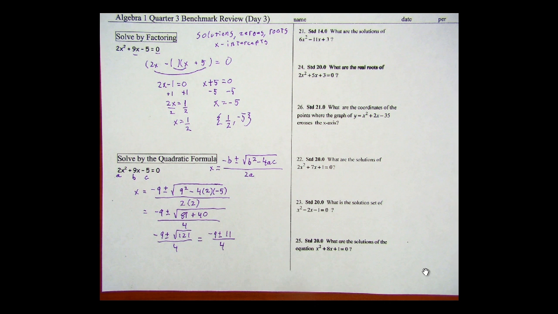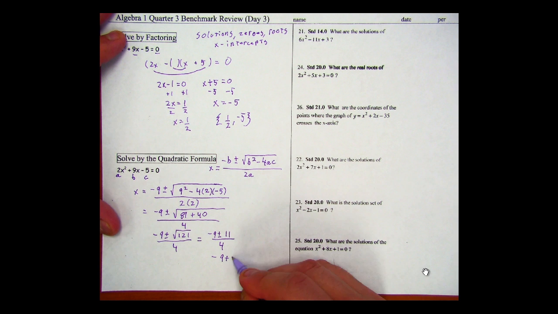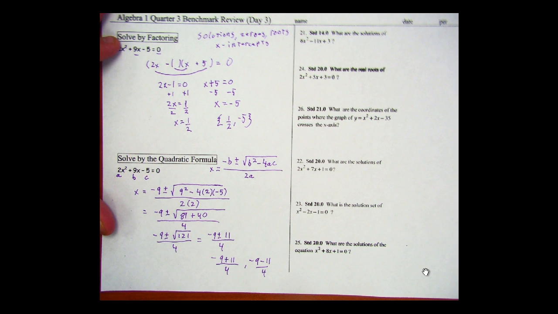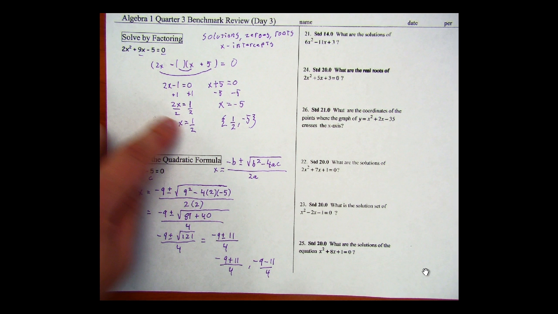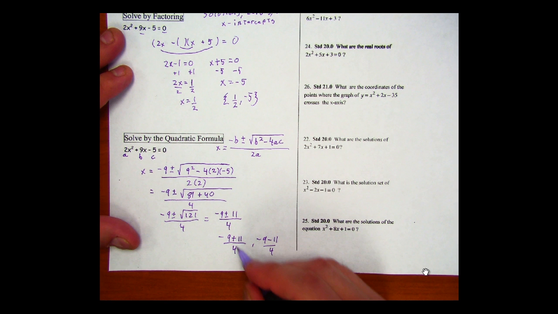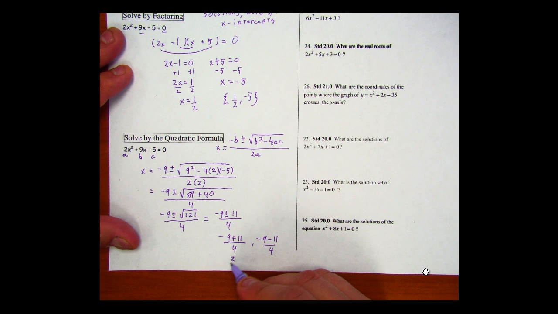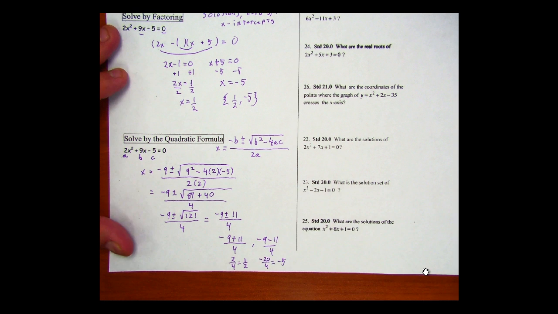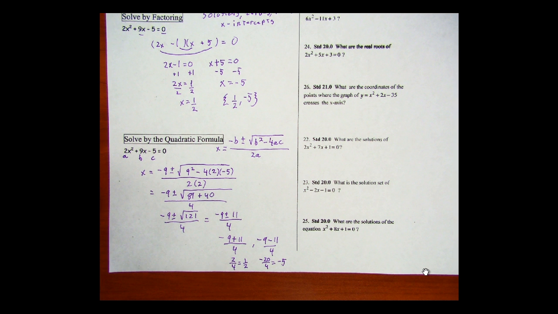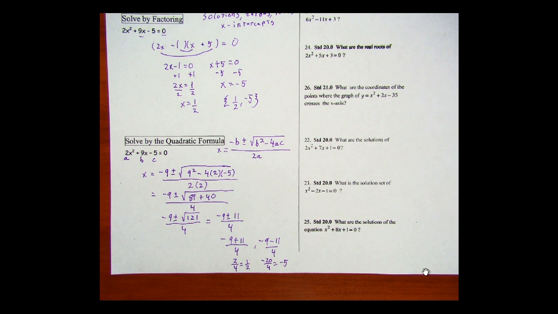Okay, now when we get to this point, you have to realize we have two solutions: negative 9 plus 11 over 4, and negative 9 minus 11 over 4. Those are how I'm going to get these two answers. When we get negative 9 plus 11, we get 2 over 4, which is 1/2. And negative 9 minus 11 is going to be negative 20 over 4, which is negative 5. So that's how I can arrive at my same two solutions for the same quadratic, but using a different